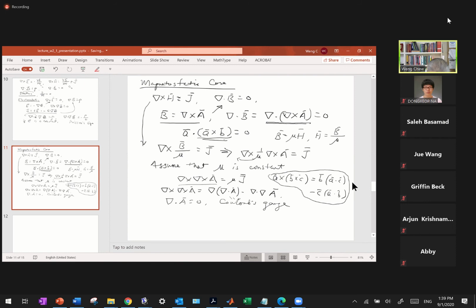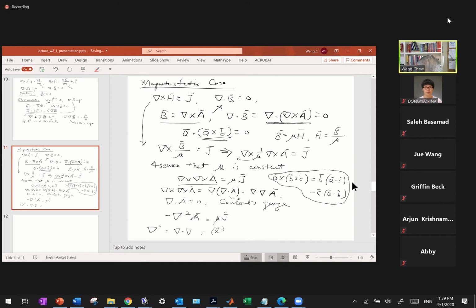What you have on the left hand side is then the Laplacian of A equals minus mu J. The Laplacian is the shorthand for del dot del. Del dot del is equal to the Laplacian. If you work this out,